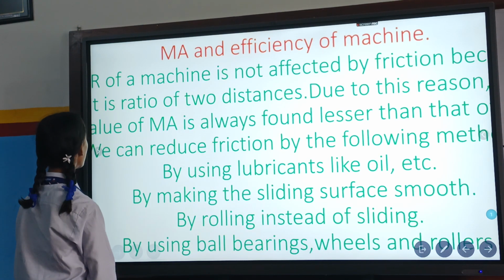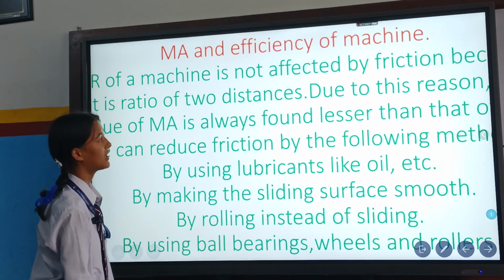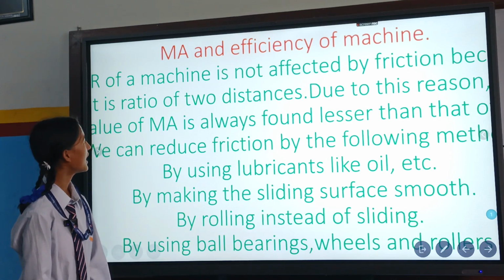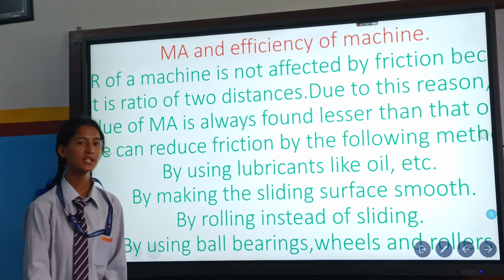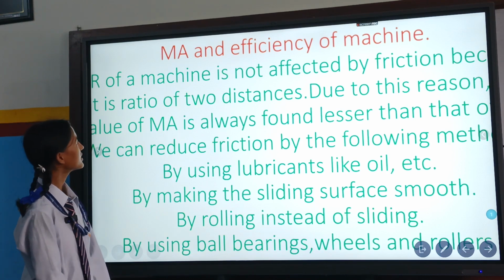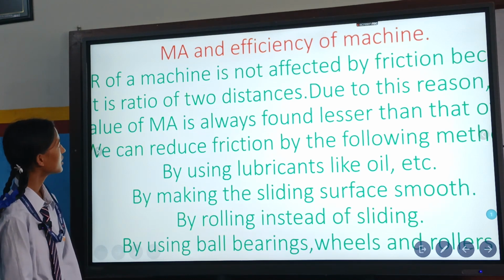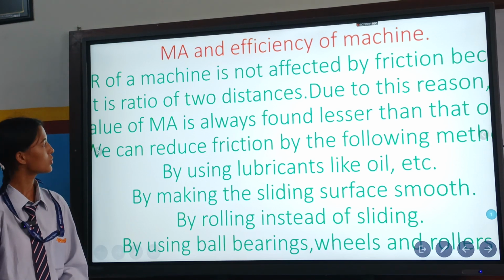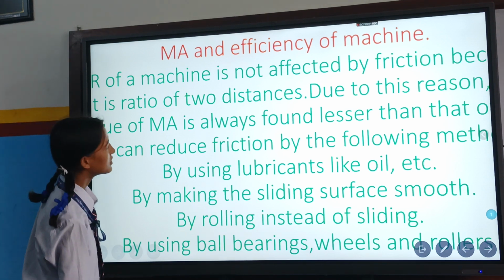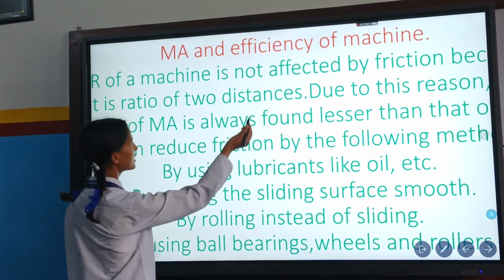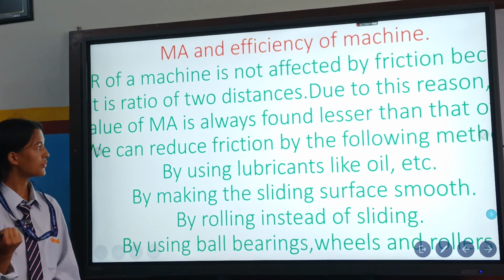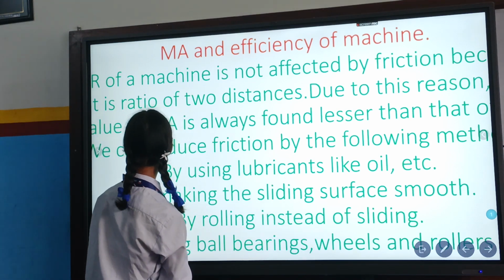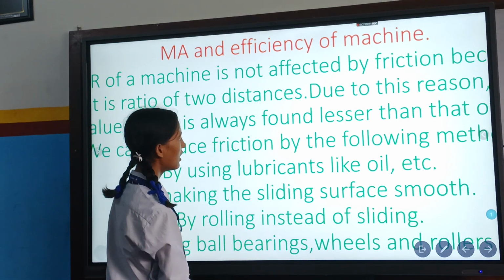VR of a machine is not affected by friction. To be honest, I forgot to say that in VR and in MA there is no unit. MA is affected by friction, but VR is not affected by friction. VR also doesn't have a unit because it is the ratio of two distances. In MA it is a ratio of two forces, so there is no unit. Due to this reason, the value of MA is always found lesser than